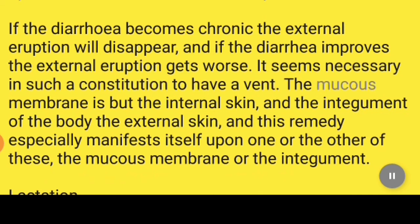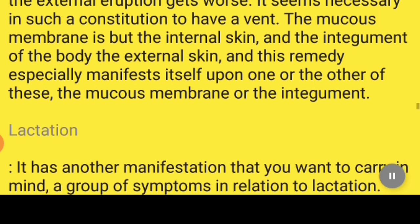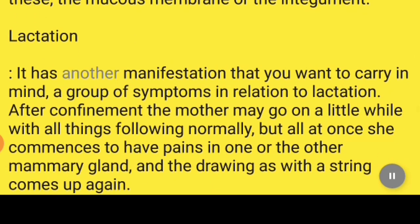The mucous membrane is but the internal skin, and the integument of the body the external skin, and this remedy especially manifests itself upon one or the other of these, the mucous membrane or the integument. Lactation. It has another manifestation that you want to carry in mind, a group of symptoms in relation to lactation. After confinement the mother may go on a little while with all things following normally, but all at once she